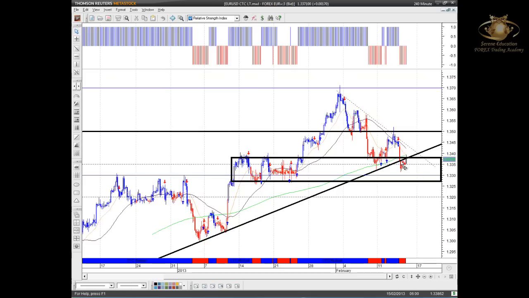So be aware. If anything, see how the price actually moves today, and that'll give us an idea of what we should be looking for the new week come Monday. So if anything, stand aside. My personal opinion, I'll be looking to stand aside to see where price is likely to go coming for the new week.